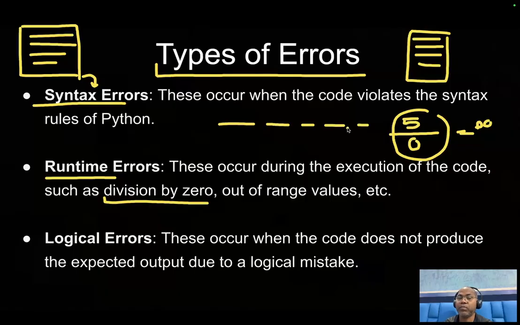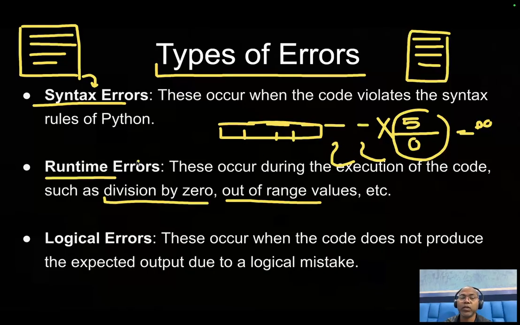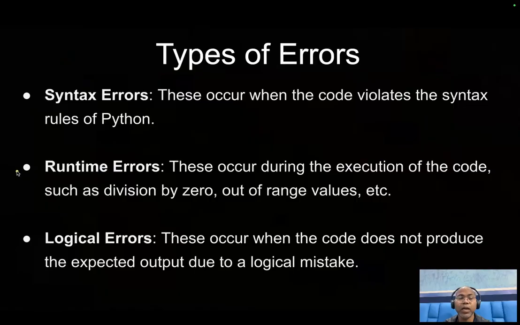So the Python runtime environment says, hey, I cannot execute this statement, and the program is going to terminate. For example, an index is out of range. Maybe you have an array with only 3 elements, element 1, element 2, element 3, and you say, hey, I want element 5, I want element 6, which is not possible. Such a scenario is known as a runtime error. Sometimes our applications throw runtime errors,